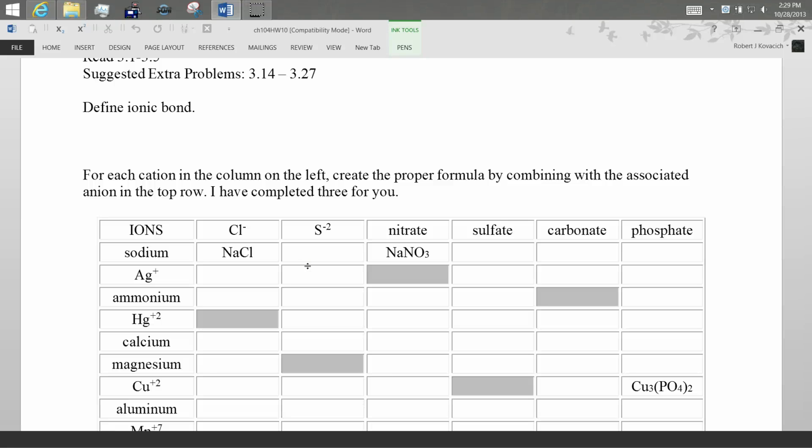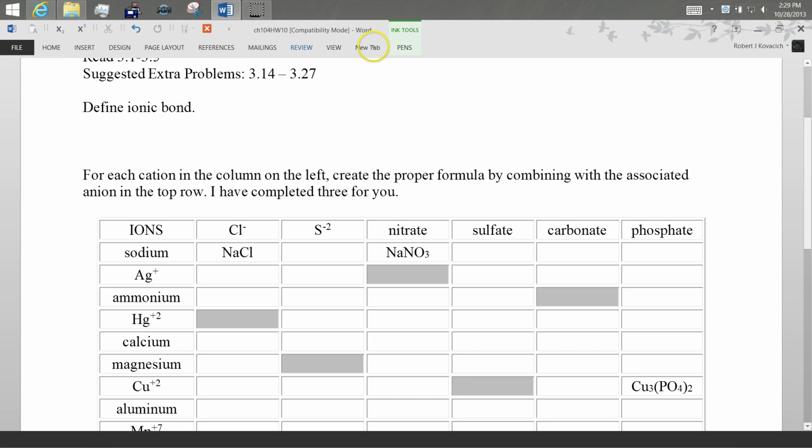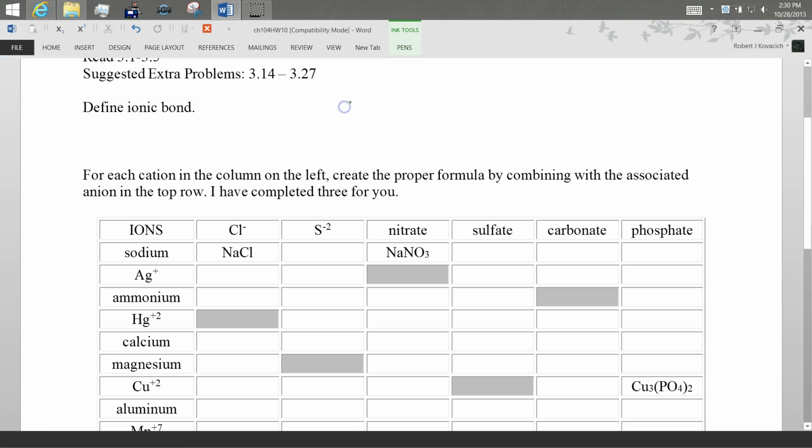So what do you guys have for ionic bond definition? Bond between two ions? I like that. Bond between two ions. Anybody else got anything? I can't remember what I wrote, but it had to do with the electrons, gaining and losing electrons. They transfer the electrons. How about,